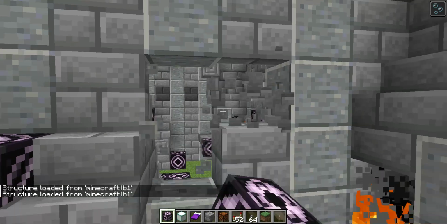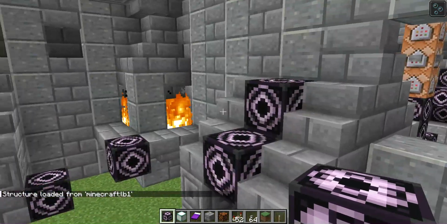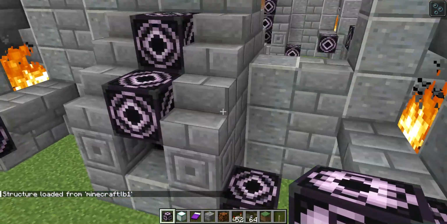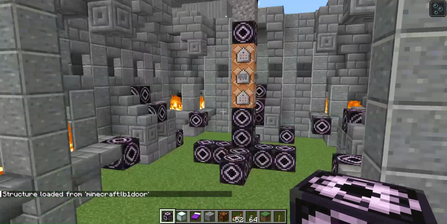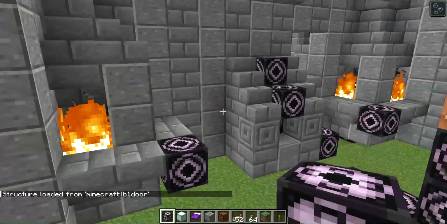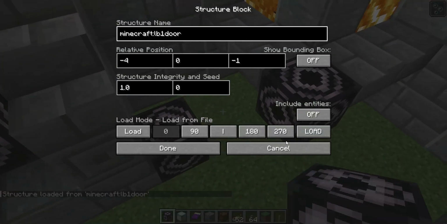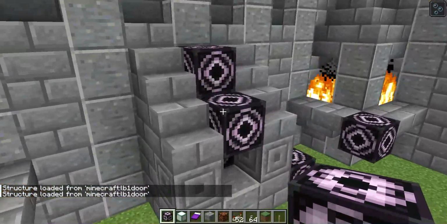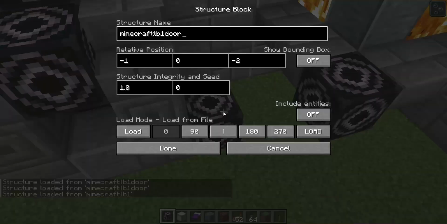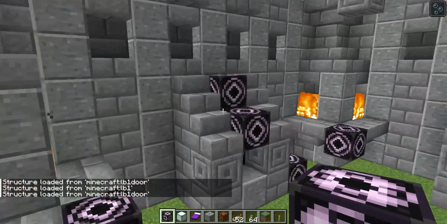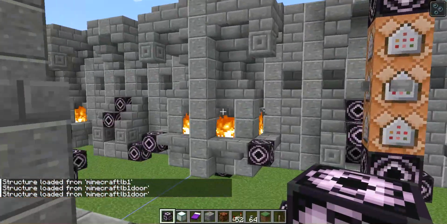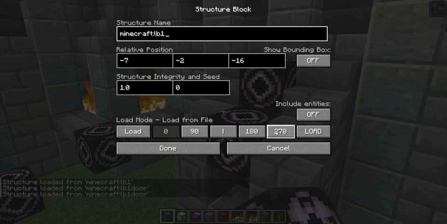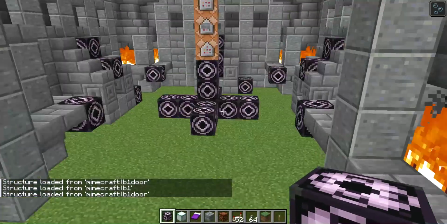section right there. And also in the corners and on the sides of the walls, you have something called an LB1 door. What that does is just takes out that section so that you can connect the different structure blocks together. And now you're starting to build something. So next step